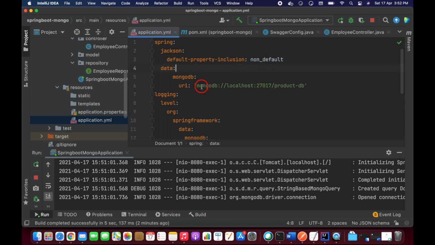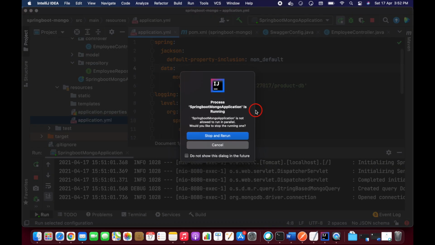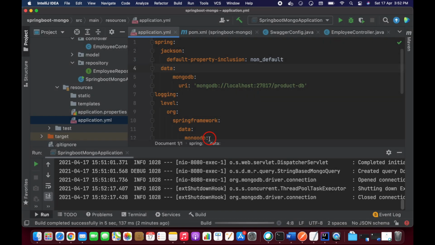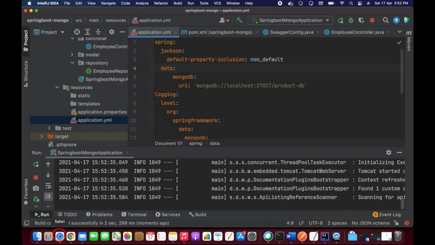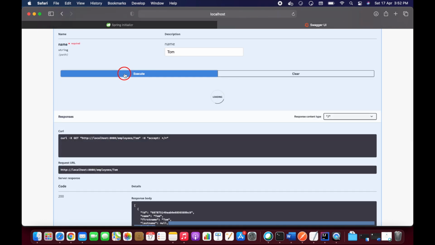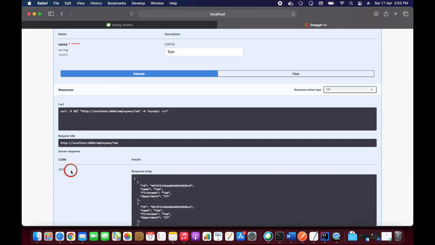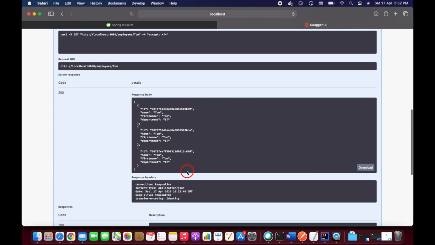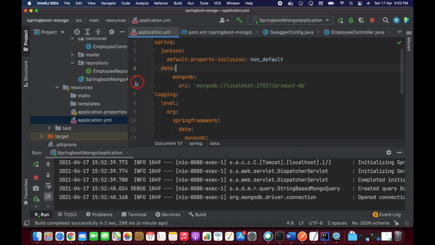If you start this application, you will see the output. Let's execute this. If you observe here, the last name and the age are gone now, so we are not able to see those field names and values. We have name, first name and department, but we don't have last name and years. That's perfect, guys.